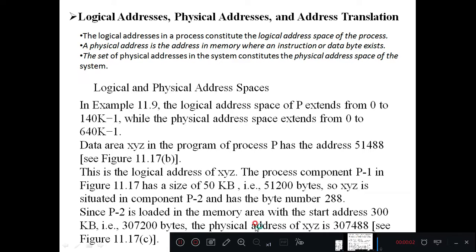Good morning, students. In the last class, we started the third module, which is memory management, and we discussed the basics of memories and the different hierarchies of the memories. And we have seen two types of memory allocations. One is contiguous memory allocation. Second one is non-contiguous memory allocation. In today's class, we will see what the different types of addresses are and how they are going to be converted from one address to another address.